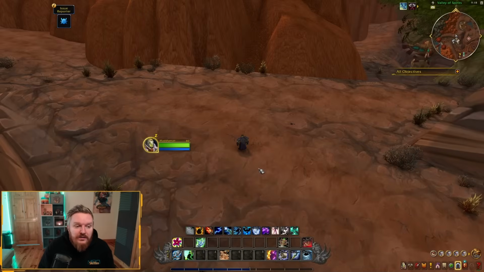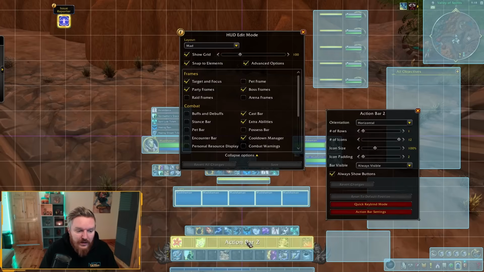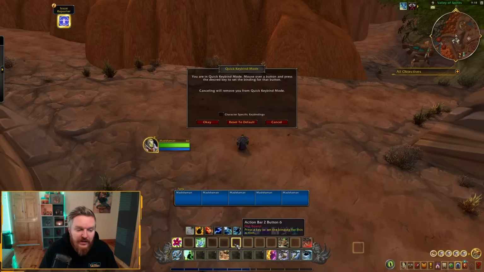Now, to get around this, you have to make the keybinds on your action bars. So you can go into edit mode, you can click on the action bar, you can click into quick keybind mode, and then you can add your numpad 2, numpad 3, numpad 4. You can't really add anything with mouse wheel up and mouse wheel down.